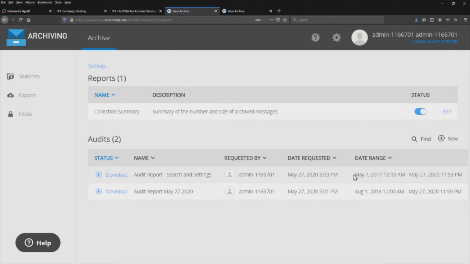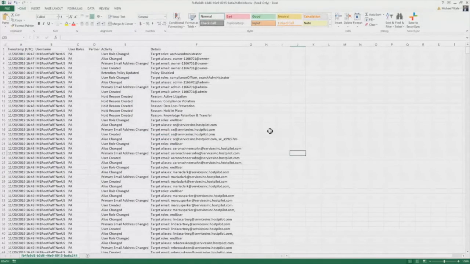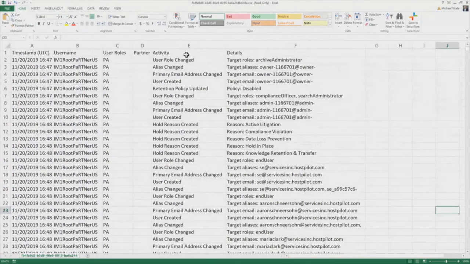And what specifically those look like on the output, I'll show it to you this way. This type of report will show certainly the time, the date, and what occurred within the archive itself. Roles were changed. I mean, you can see what's here on the screen. Aliases changed, and it depends on the criteria that you create. But there's many different types of